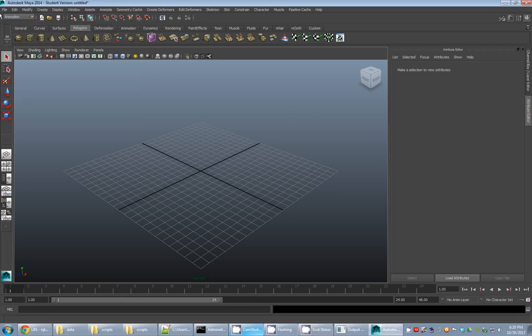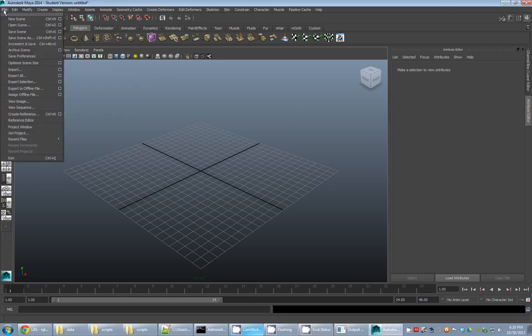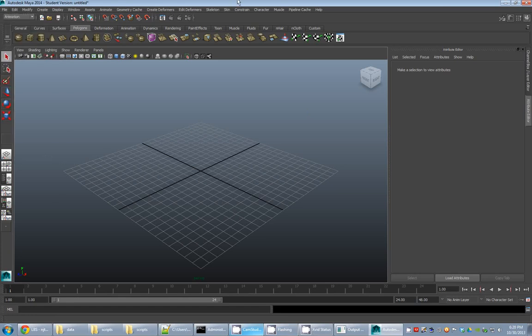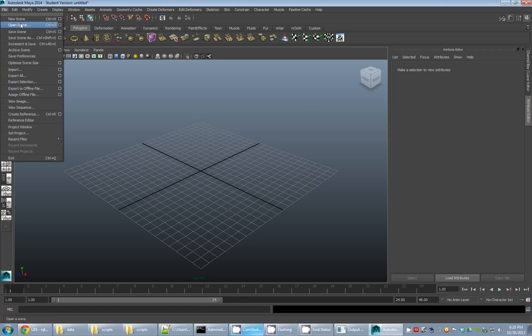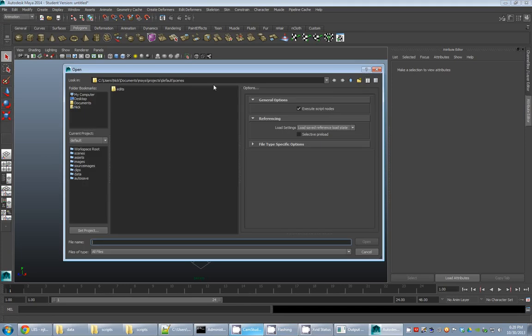Hi, I'm going to show you how to get the weight values from a linear blend skinning bind in Maya out of the application and into a file so you can use them for your own program. So to do this you need Maya, and you need a mesh, and you need a skeleton. If you have a mesh and a skeleton already bound, you can open that scene, otherwise you'll need to bind